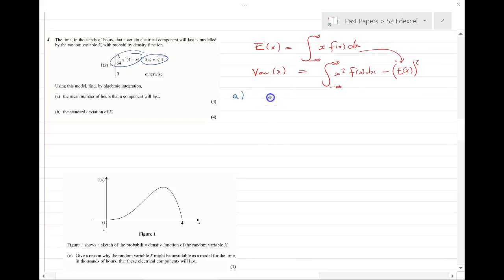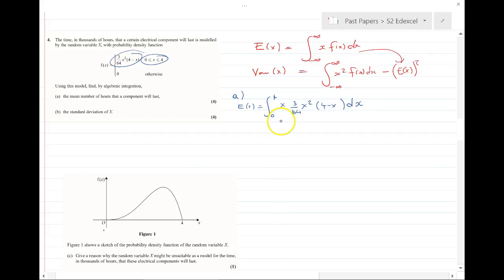So that's 4 and 0 for this particular function, where it is taking values of 3/64 x squared (4 minus x)